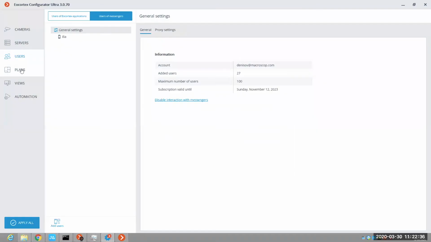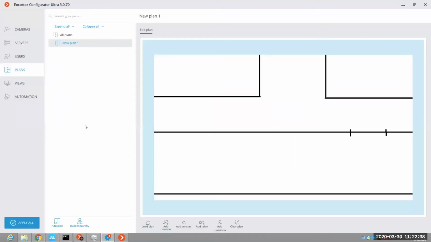Then plans. Here you can upload your own plan of your site or several plans and so on. So right here I uploaded an image of our floor of our site. So it's very simple. There is a corridor right here, a door right here. So you can upload just different images that you need. You can, for example, take a snapshot from Google Maps or something else, and then you can here